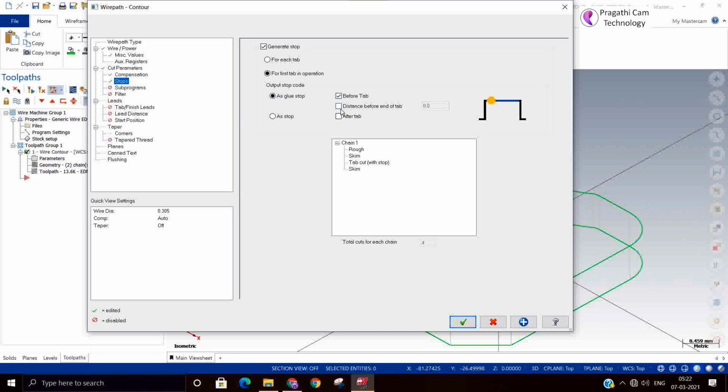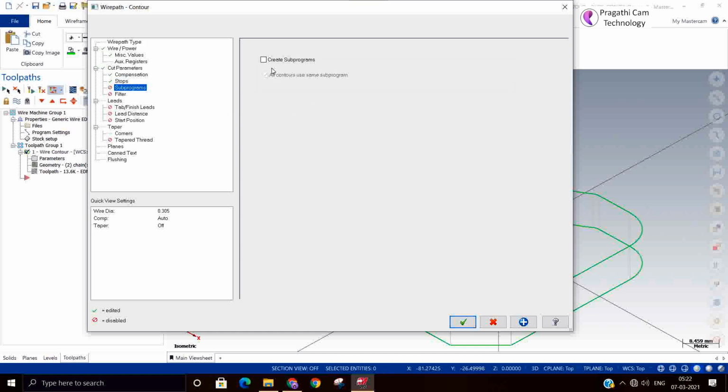So either you need M01 or M00, whether M0 you want or M01 you want, you can change it.